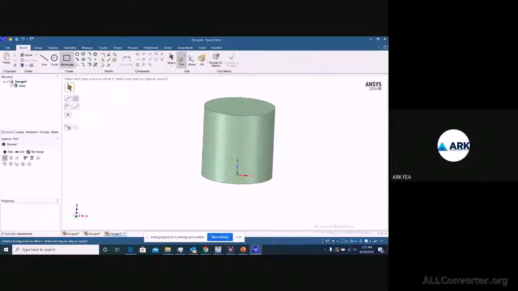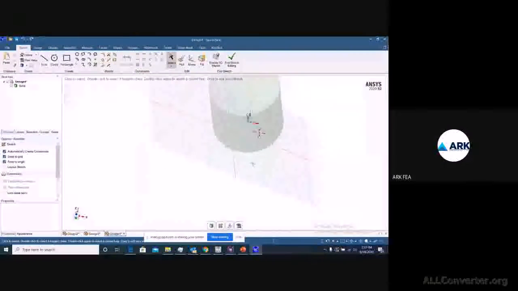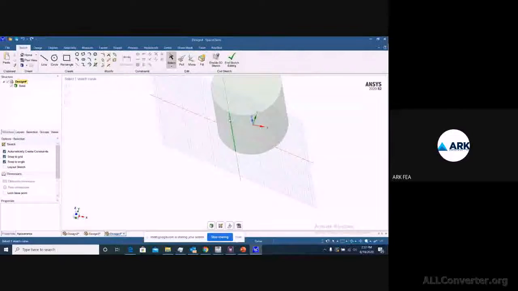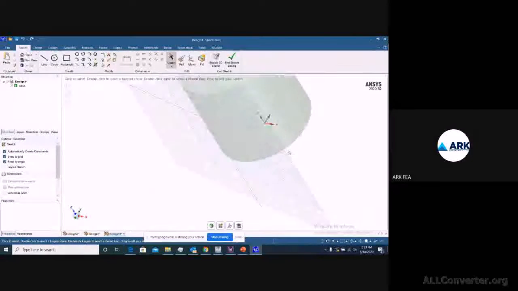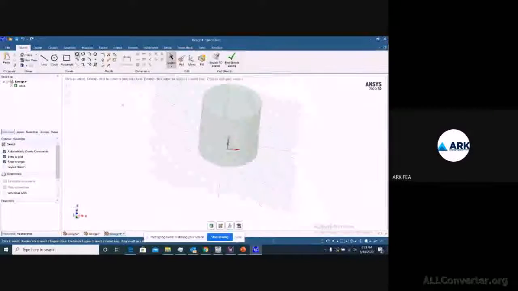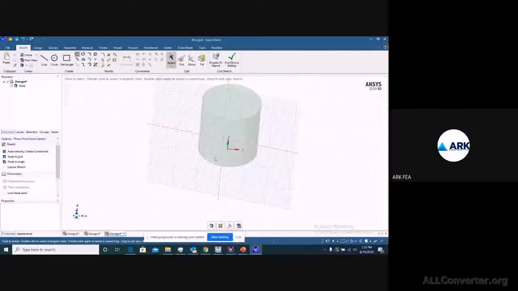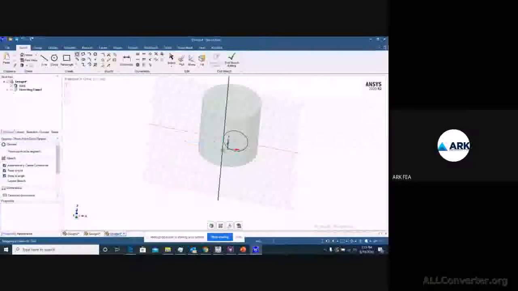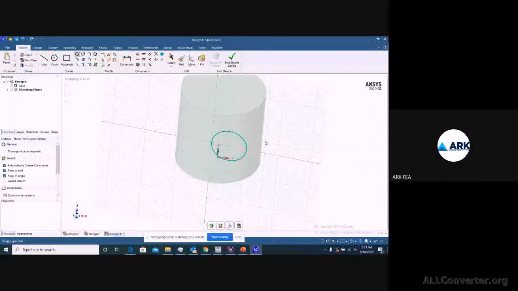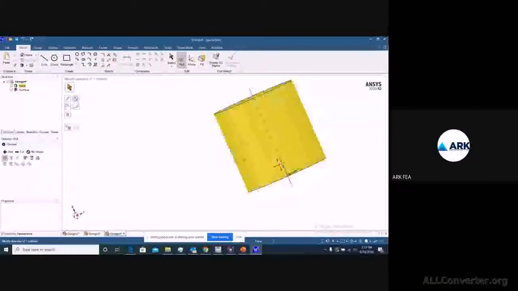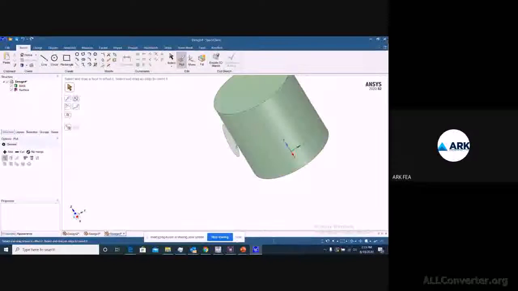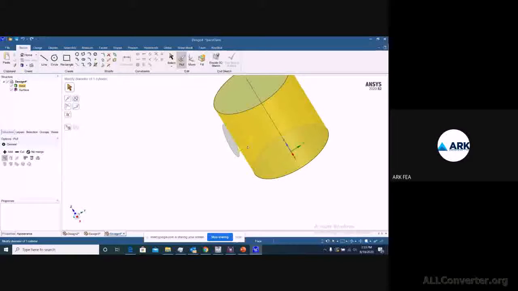So let me try to select the surface and get back to design and say sketch mode. Where exactly it is creating an edge point, it has taken as a reference, and there it has given me a sketching plane. So whatever I do will not be exactly projected on this cylindrical surface. Right, so this is how I sketched it out, and when I look at my 3D mode, it is placed somewhere in the exterior but not exactly on this surface.